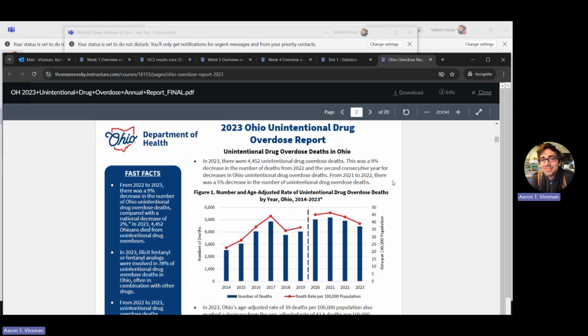So when US age-adjusted overdose death rates were 13.2 per 100,000 at the beginning of the epidemic, you can see that very quickly rose up in the state of Ohio. They were already well above that in 2011, and they continued to rise every year until there was a marginal decline in 2018, and then they sort of hop back up again going into COVID.